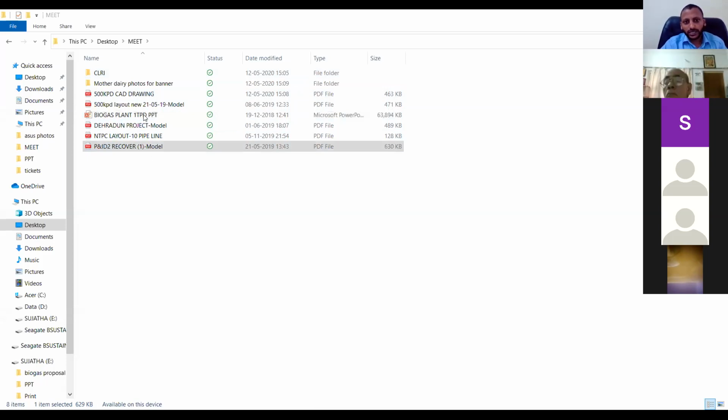So this is the PFD of the 1000 kg per day biomethanation plant. Here you can see the starting tank, and then the pump, where it is pumped via the electric heating system to the digester. Then the gas generated is measured via a flow meter, and it is transferred to the balloon via the H2S scrubber. So you can see the process.